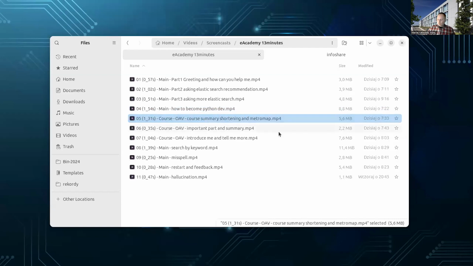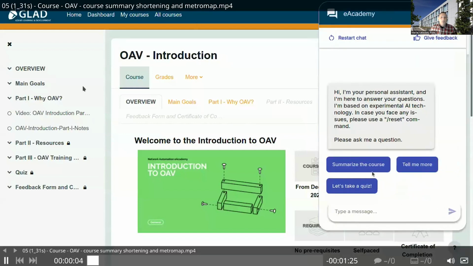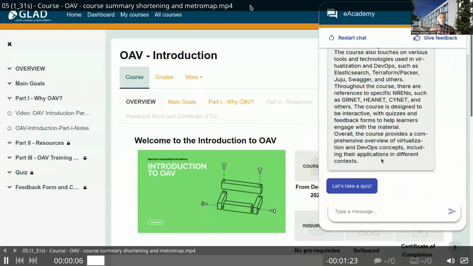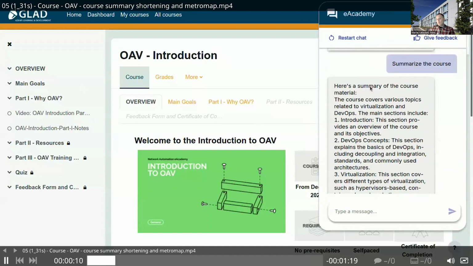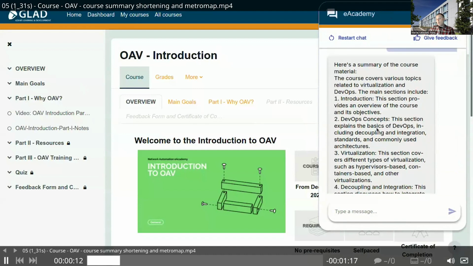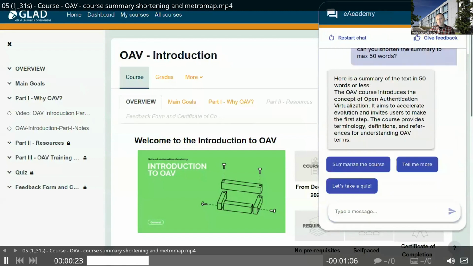The next scenario presents the course context. Yeah, so the student asked for a summary of the course, which is quite long in this case. But there is a suggestion from the student to shorten that description.